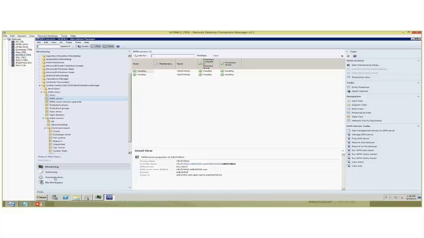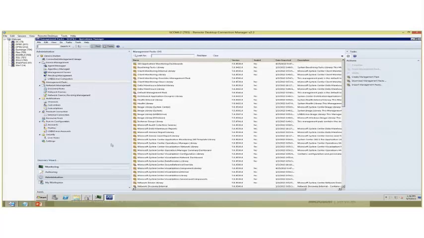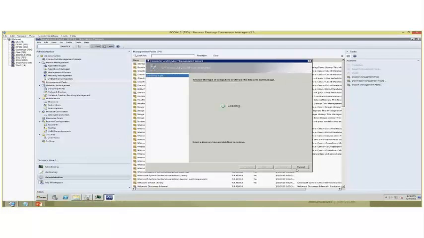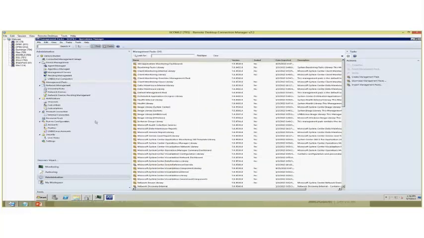The first thing that you'll want to do once you have Ops Manager up and running is install your Ops Manager agent on your DPM servers. In order to do that, it's done through this Discovery Wizard, which can be launched right here. And you would just walk through this, tell it where your DPM servers are. You don't have to tell it anything specific, just tell it Windows computers, and here are the DPM servers, and the agents will get pushed out. Once that piece is done,